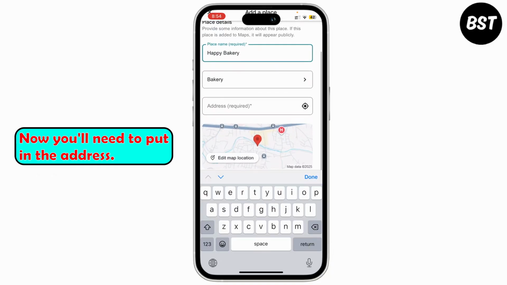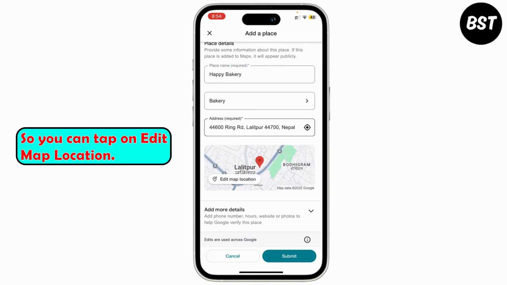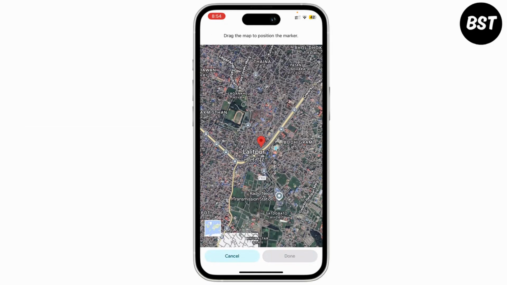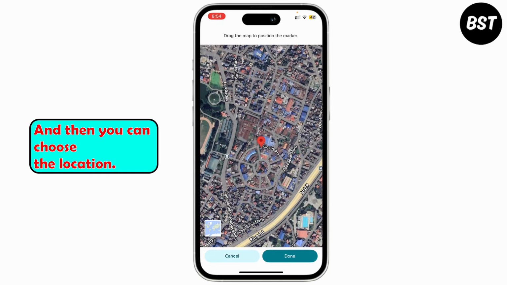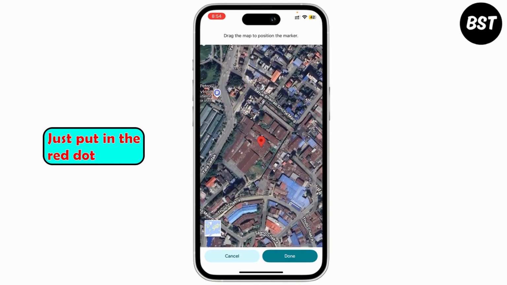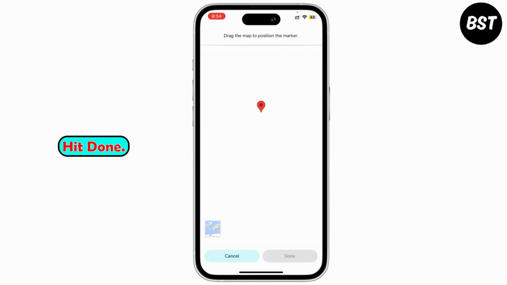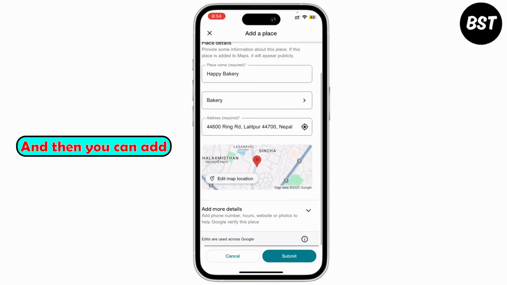Now you'll need to put in the address. So you can tap on edit map location, and then you can choose the location. Just put in the red dot where the location is, hit done, and then you can add more details if